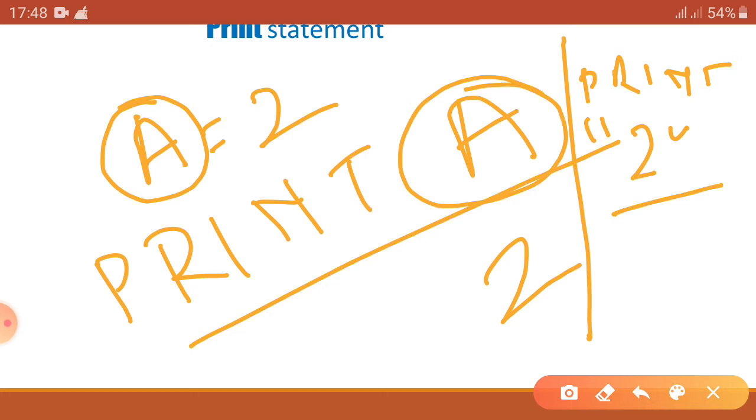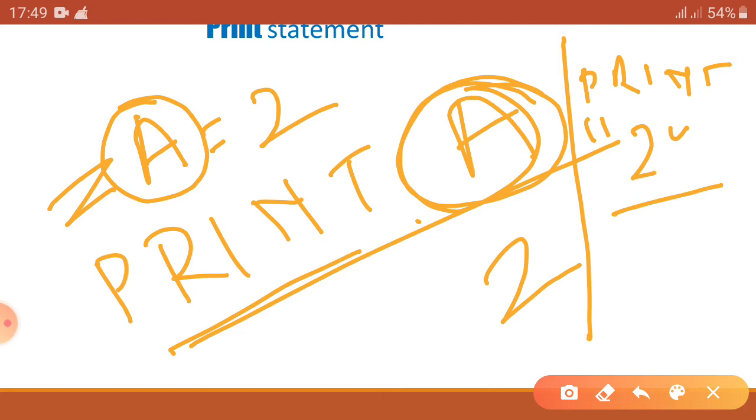So always keep in mind that whenever you are trying to print some value using a variable, you don't need to write the variable inside double quotes. Just write print, then give a space, and then write the variable name. You can give any name to the variable, a, b, c, or anything you want, but keep in mind it should be relevant.